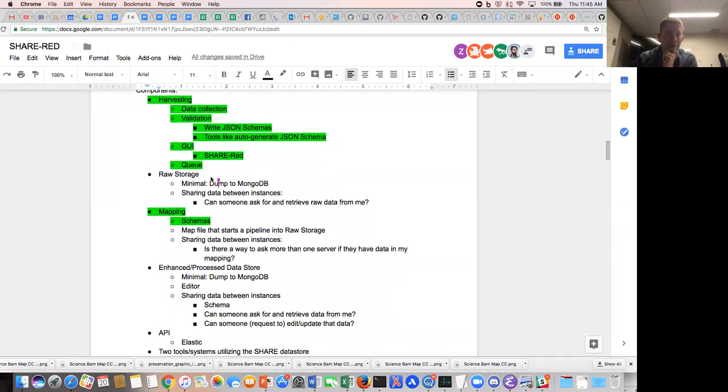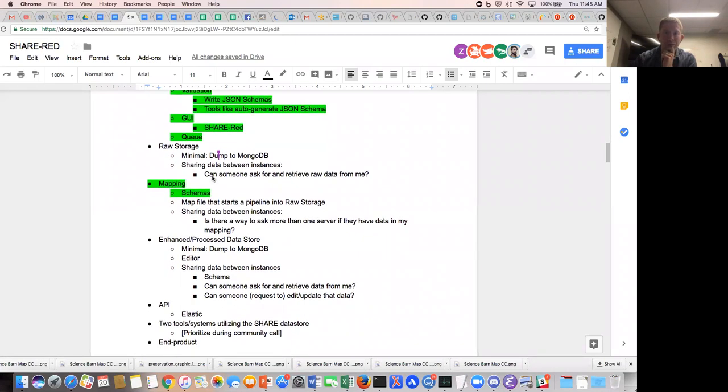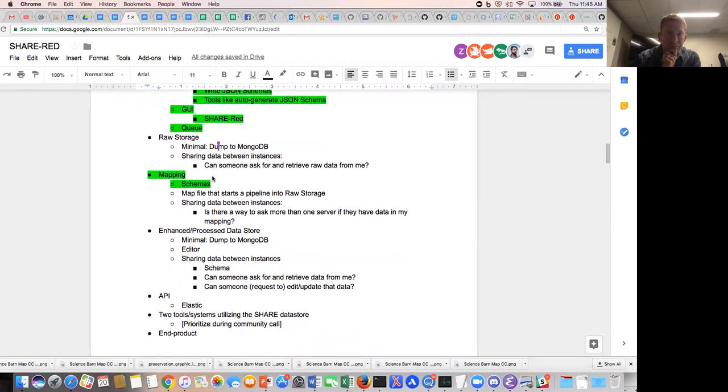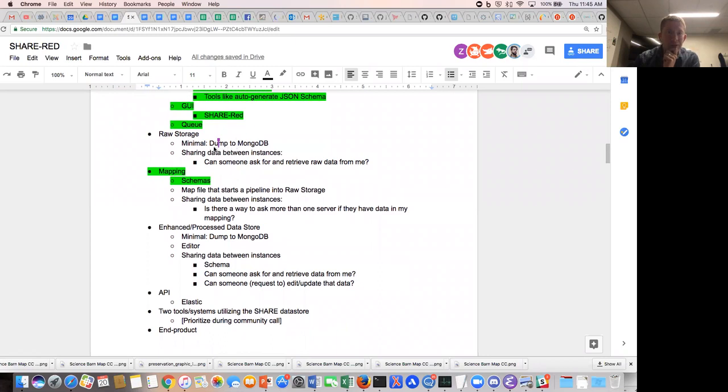The GUI for share read, which exists in some form already, obviously. The raw storage, so thinking that initially MongoDB is one of the possible technologies there.